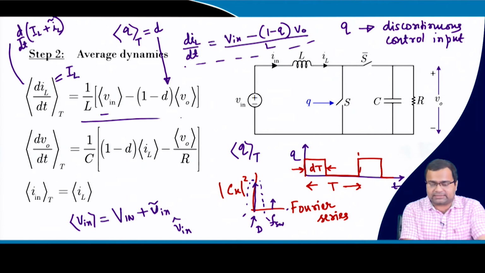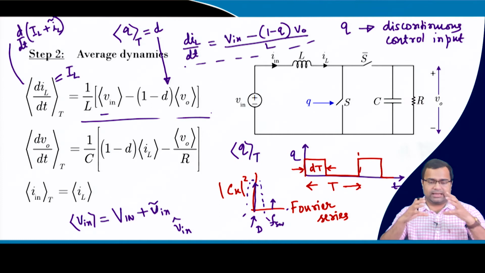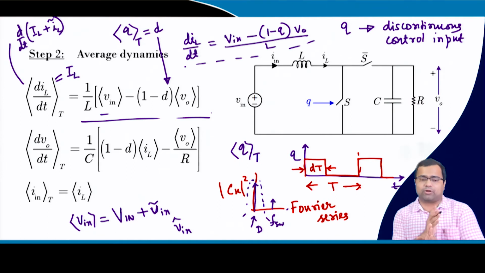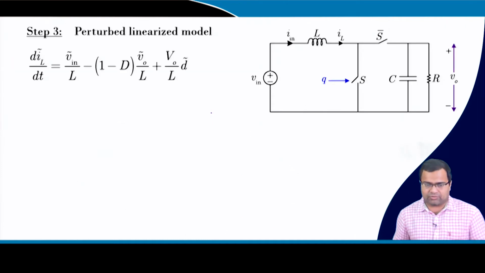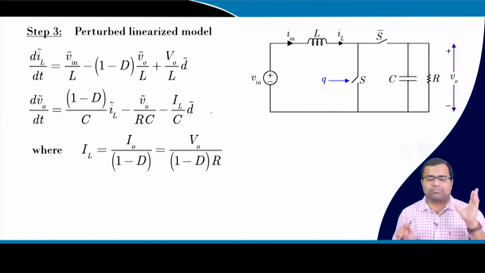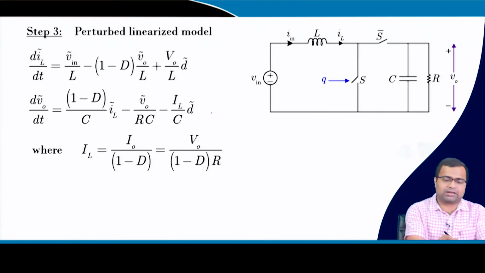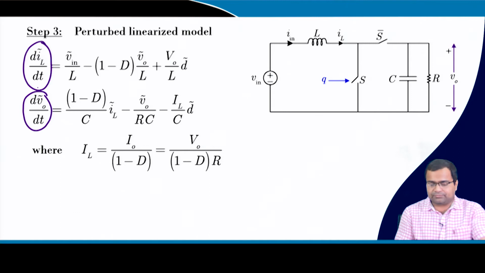Similarly, from the right hand side we will get a DC quantity and then the perturbed quantity, and there will be a product of perturbed quantities which we will ignore. In fact, we have discussed this in the averaging technique, where we considered the Jacobian form or the Taylor series, and only considered the first order term, and with that we can write down all the perturbed dynamics here. That means, the perturbed dynamics of the inductor current, the perturbed dynamics of the output voltage, and